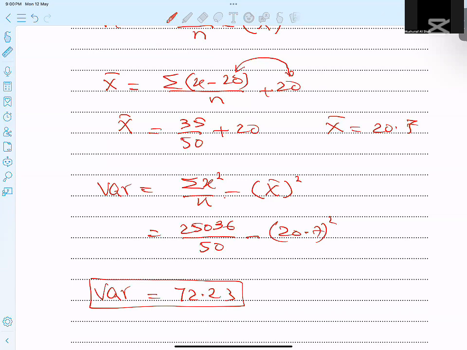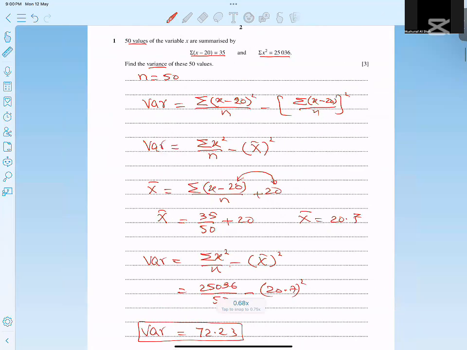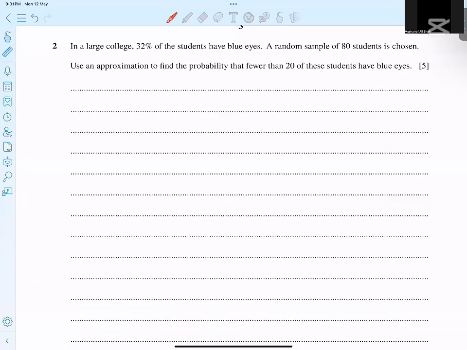The concept of question number 1 is very clear. Question number 2, students: we have a large college where 32% of students have blue eyes, and a sample of 80 students is taken. So the sample size n is 80. If you use a suitable approximation, or normal approximation,